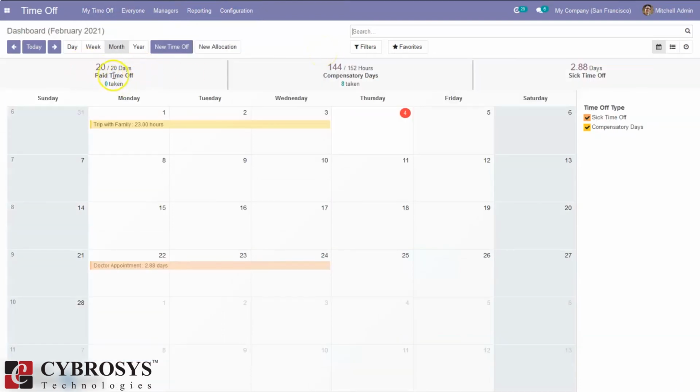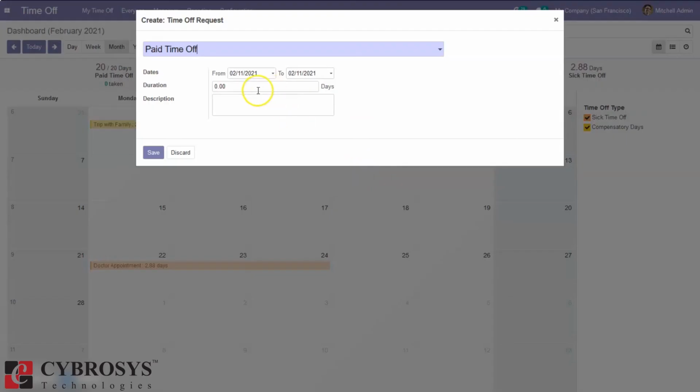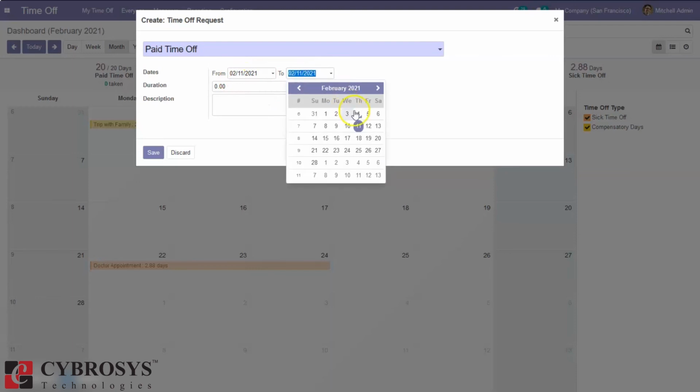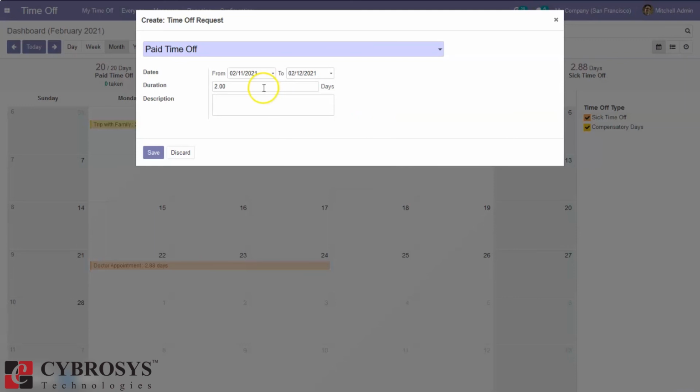When you come back to the dashboard, you can see for compensatory days 8 is taken, so remaining is 144. Okay, suppose I create a time off request for 2 days, and I set the time off type as compensatory days.